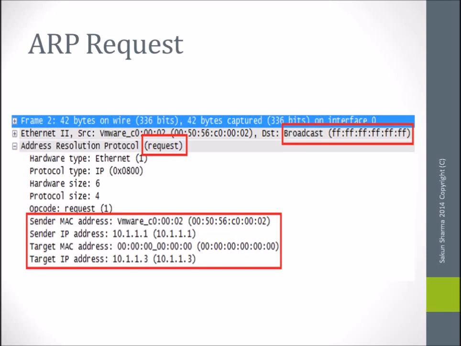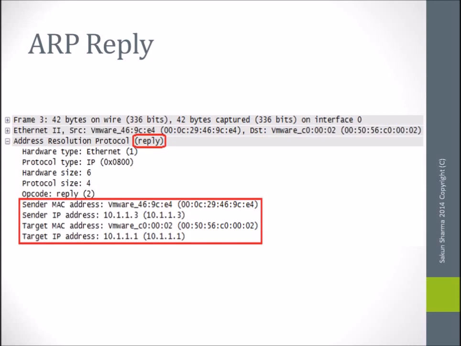Now when everyone in the network receives this ARP request, they will check their own IP address and try to match it with this ARP request's destination IP address. All other machines whose IP address doesn't match will simply discard this ARP request. Machine Silk, for which it matches, will send an ARP reply back to machine Sakun saying that this is my MAC address. So ARP replies are always unicast, they are never broadcast. ARP requests are always broadcast and ARP replies are always unicast.